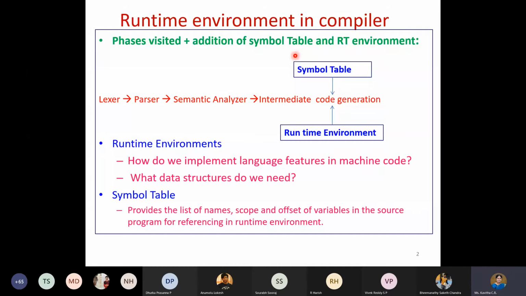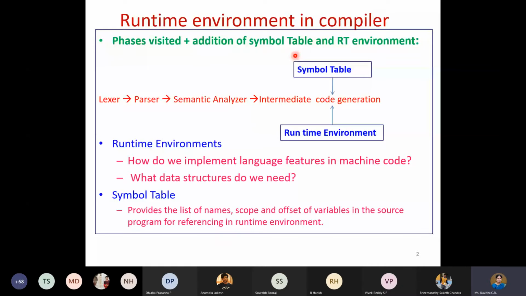But that alone is not sufficient because some things will happen in the runtime. Okay, like there are many languages that have features that should be suitable for the machine code to execute. And many times, calling the function, updating the data, and how intermediate results are updated, all that is taken care of even during the runtime.